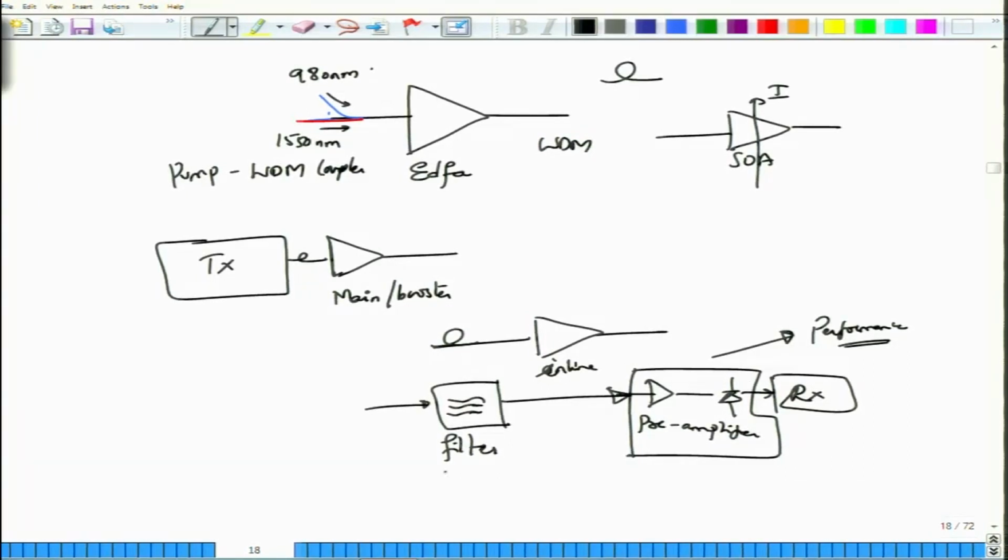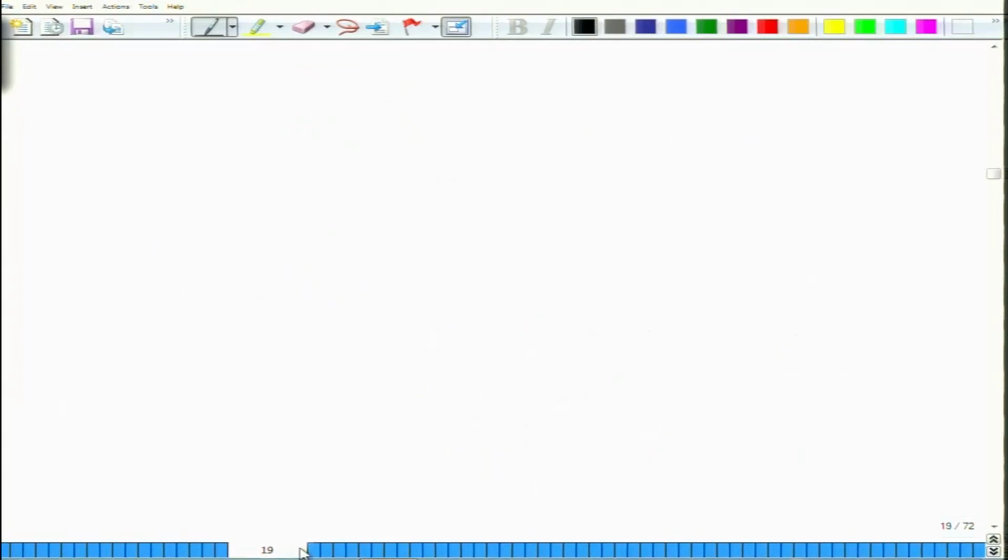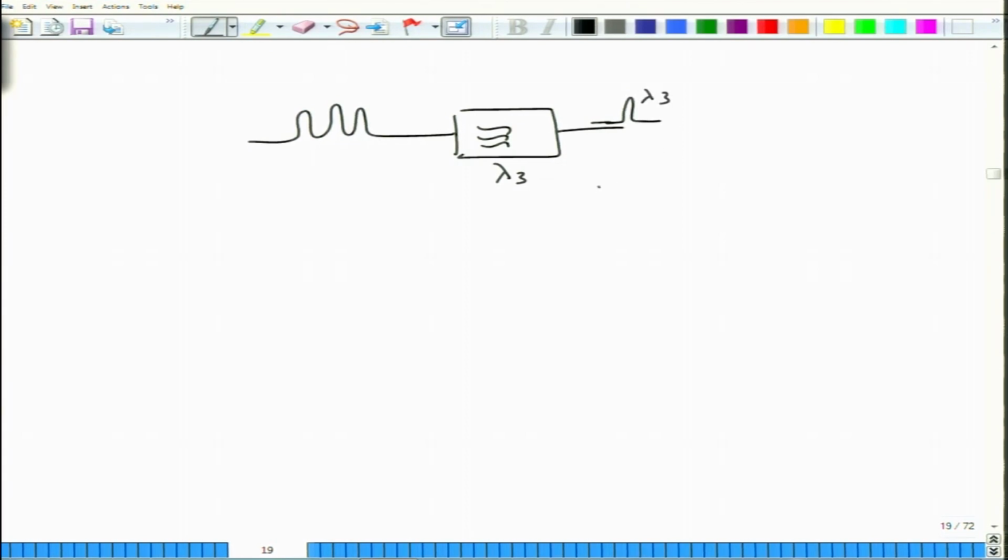And the job of this filter is essentially to limit noise. But as I said, you could of course take a WDM channel and then select a particular channel. So, maybe this selection would be lambda 3, so that others are suppressed and lambda 3 comes in at the output. Of course, lambda 1 and lambda 2 are not being reflected back. So, this is different. This is just a filter. This is not the same as the fiber Bragg grating because it does not reflect back anything, it simply absorbs the whole thing. So, the characteristic of this filter is not the same as that of the fiber Bragg grating.